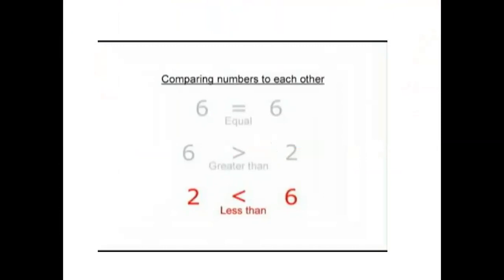Now kids, today's topic is how to put the correct sign. When we put equal to, 6 equals 6, when both the numbers are same, we put an equal sign. What is it? E-Q-U-A-L. Equal sign. 6 equals 6. Both are same. So we put the sign equal. Let's see the next one.